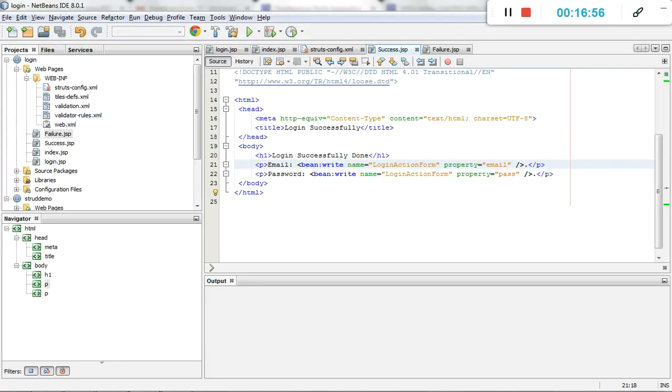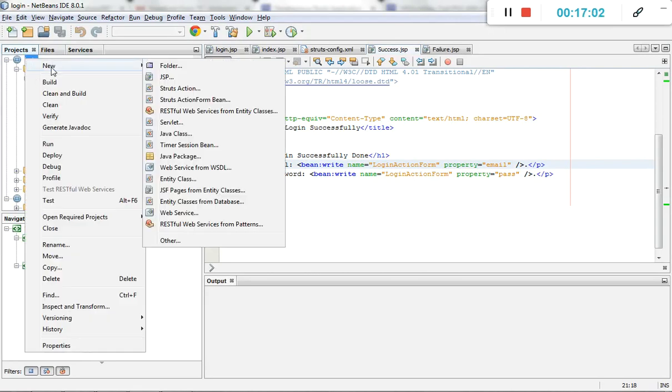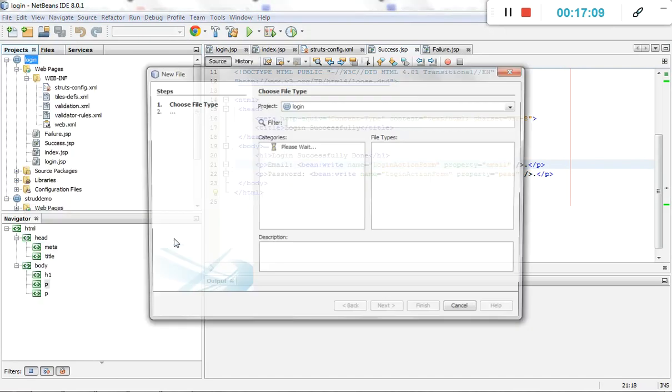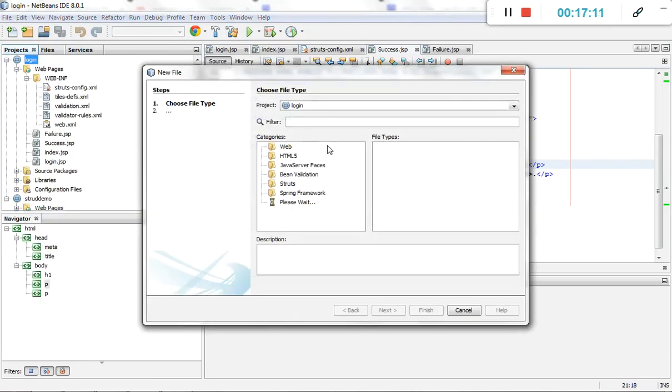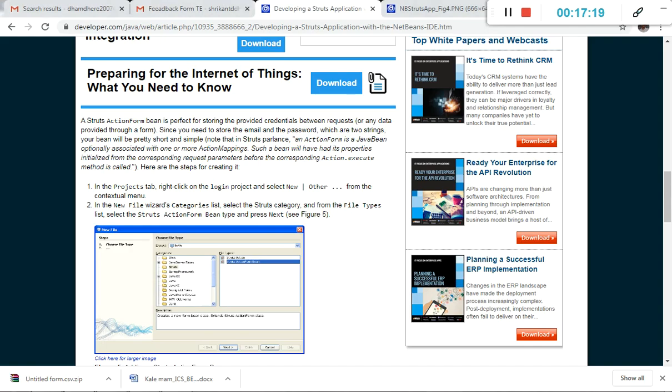Okay, now we will click on the login project, then go to others, then it comes with the categories, select Struts, and then we need to select the Struts action form bean.